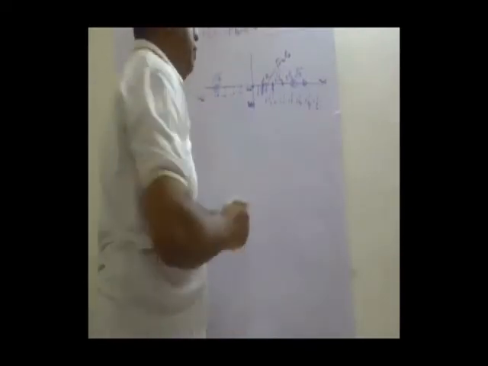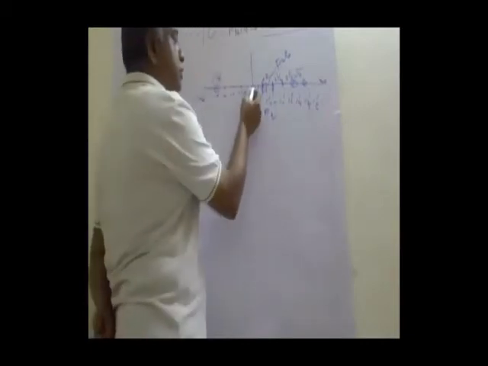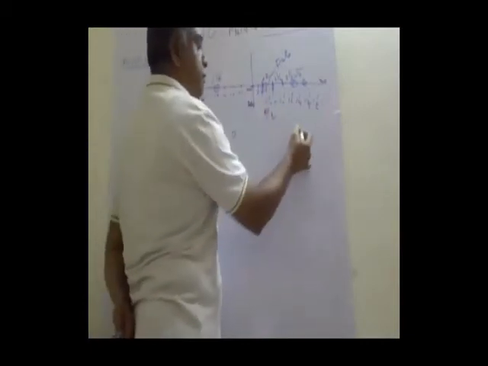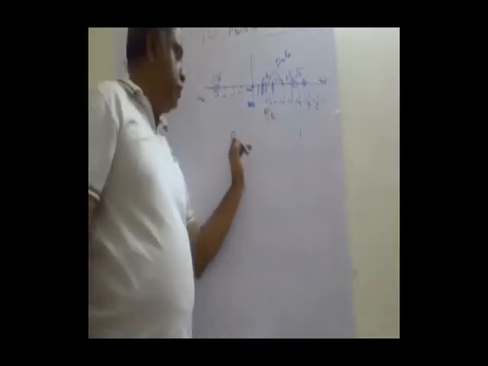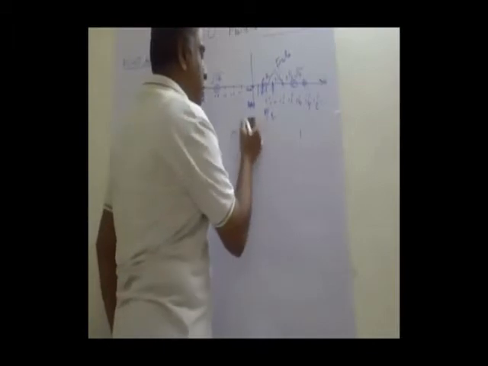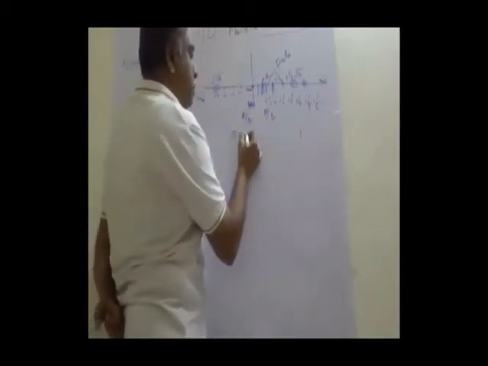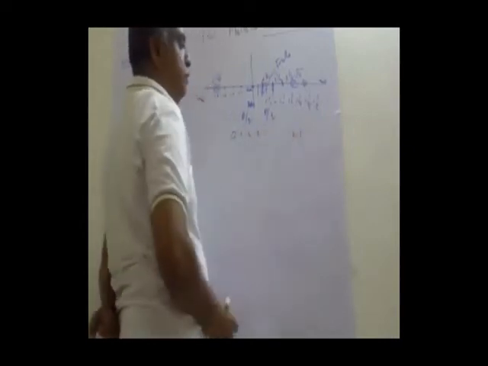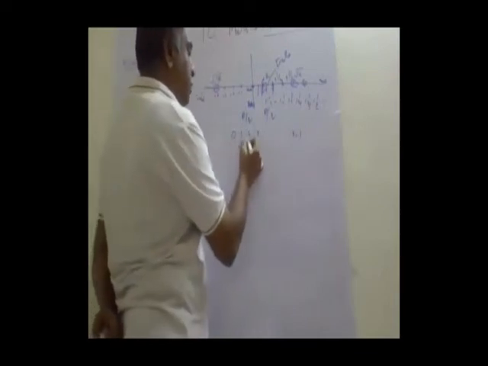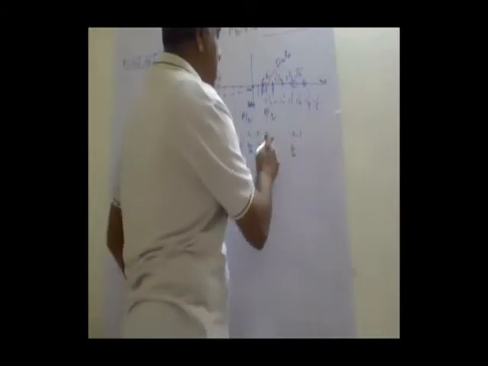So we are talking now of rational numbers, in the form of P by Q. Suppose I am taking two numbers, 0 and 1. This is 0, this is 1. I want to add rational numbers between 0 and 1, to be represented in the form of P by Q. So I can write 0.1, 0.2, 0.3, 0.9, 1. Or we can say 1 by 10, 2 by 10, 3 by 10, 9 by 10. This is the rational form.